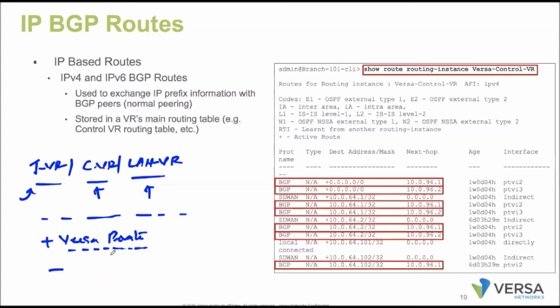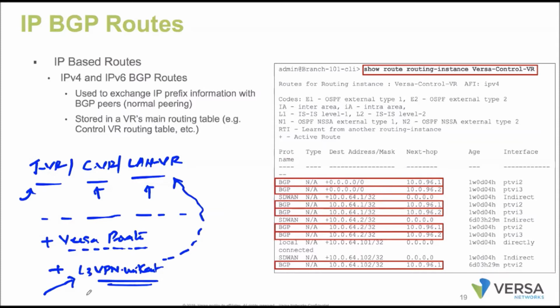Then there is the L3 VPN unicast table. Before the routes are placed into the LAN VR, they get placed in this L3 VPN unicast table.